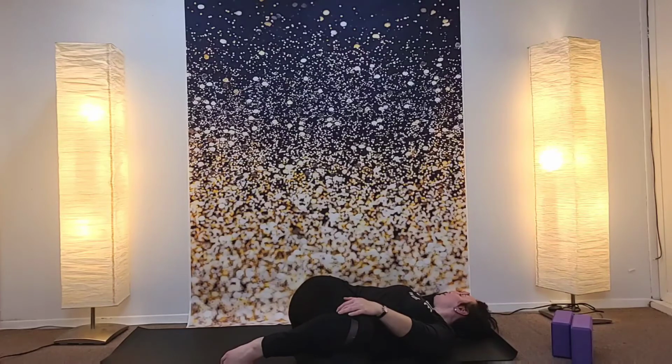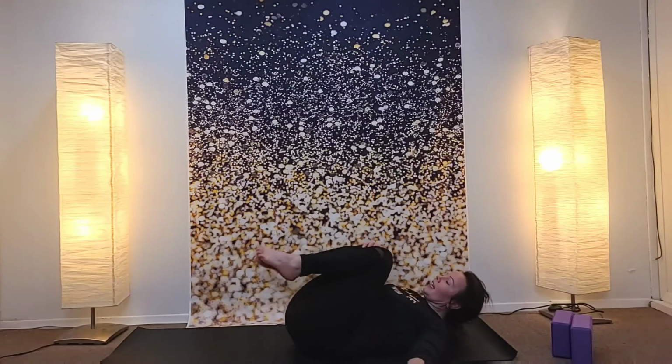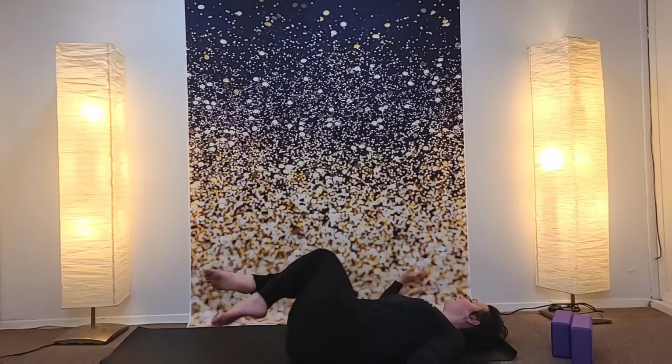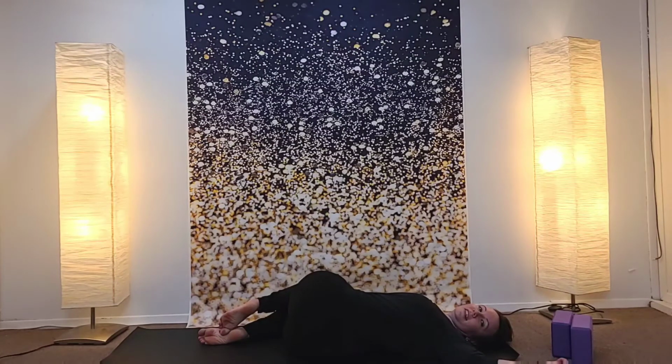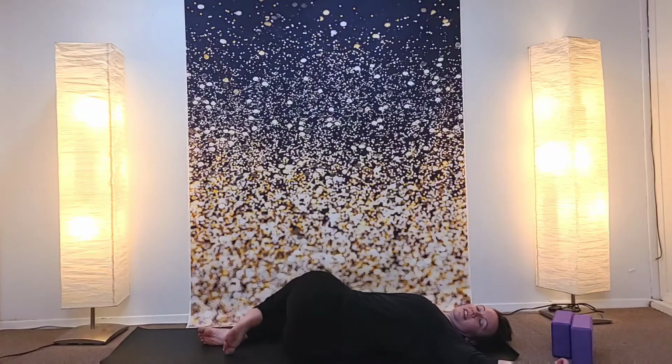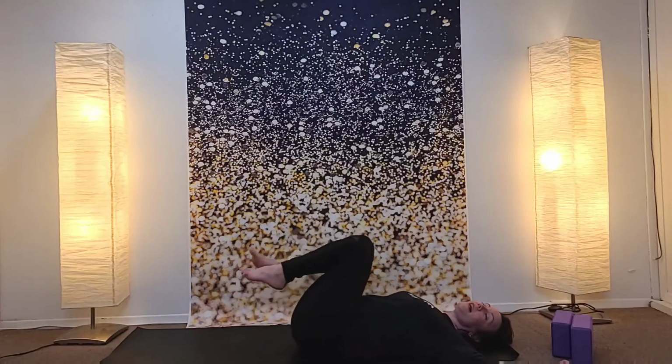Right arm is bent at a goal post. Go ahead and take your gaze off to the right side as you let your legs fall off to the left. Inhale, hug those knees in towards your body and let them fall off towards the right side. Left arm is in a goal post out to the side. Bring your gaze over towards that left arm, that left elbow. Breathing, soaking in this final twist here of the evening, or taking any more twists that your body needs, any